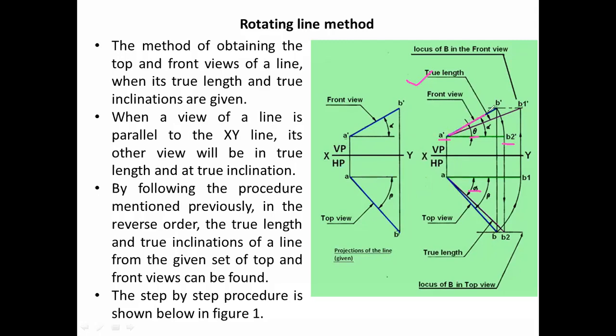This AB is the front view of the actual line. Then A dash B dash is the line which is made parallel to which plane? XY. XY is fine, XY is both. You can have XY at times working as a vertical plane, and at times XY works as a horizontal plane. But right now, what I am asking, if I am talking about this A dash B2 dash, it is parallel to which plane? HP or VP? Why?